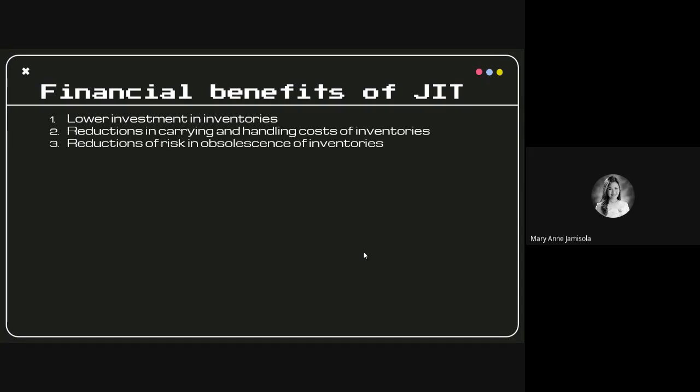There's also a reduction of risk in obsolescence of inventories since we don't overstock our inventories. There will be no excess supply of inventories, and this excess supply may actually lead to obsolescence or damage to those inventories. So if we are to use JIT, we have less inventories and also less risk in obsolescence of inventories. And then we also have lower investment in plant space for inventories and production,